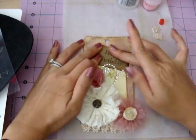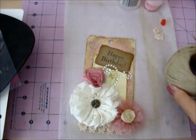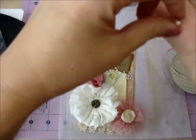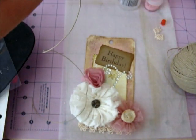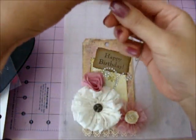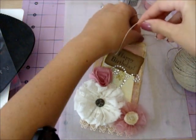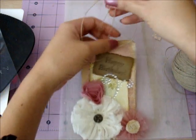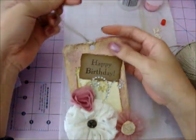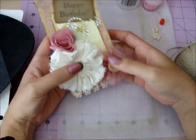And then to hang my tag, I'm just gonna use some of this filtering. Oh, here it is. So I'm just going to use some of this, and I don't tie it until I'm ready to use the tag on a gift. So I just slip it through like that, and then when I'm ready to use it, I'll tie the top and hang it. But so that's the canvas